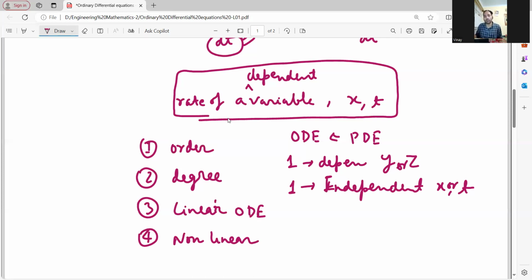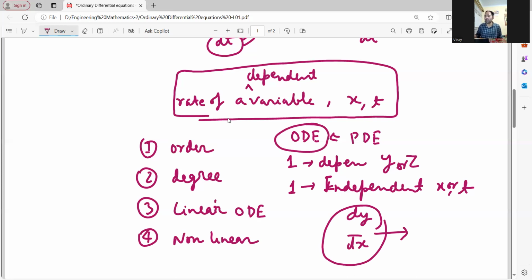So what you do, you try to find the rate of change of one with respect to the other, for example, dy by dx. When this is the case, you can define an ordinary differential equation. But when you have more than one dependent variable and more than one independent variable,